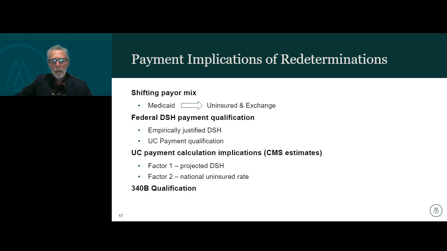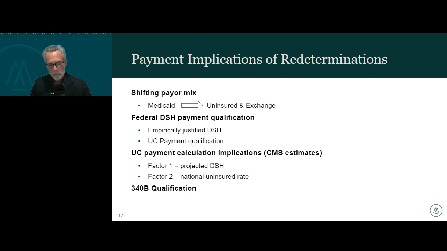But moving people, regardless of where they go, moving people away from Medicaid has pretty significant federal and state payment implications. On the state standpoint, most state Medicaid DISH plans and even uncompensated care plans utilize Medicaid adjudicated claims in addition to uncompensated care costs to determine, in some cases, qualification and in payments. So obviously moving off the rolls will affect that. From a federal standpoint, there's a few touch points here.